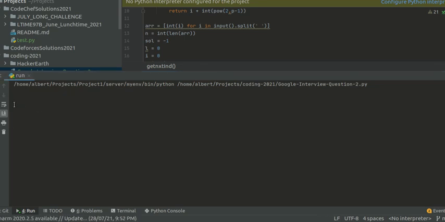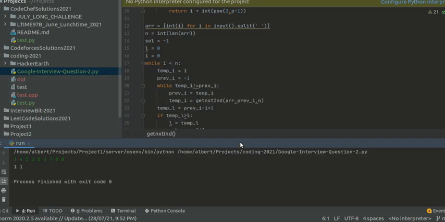Now if we try it with some other input like 1 4 5 2 8 6 7 9 0, all are of length 1. So in this case the answer will be any one. So 1 will be the answer. In this case we will take the first number, longest subarray. So the answer will be 1, 1. So you got the answer correct. This is how the code should be, guys.